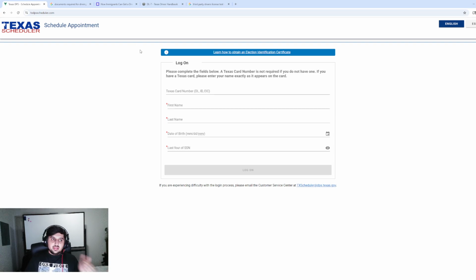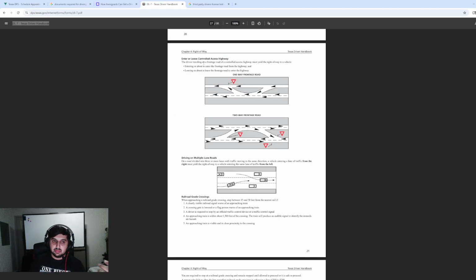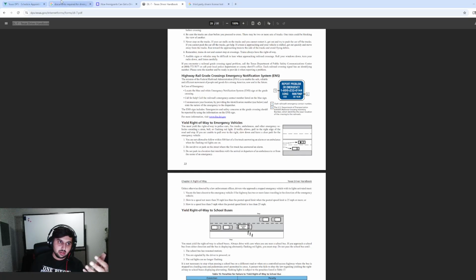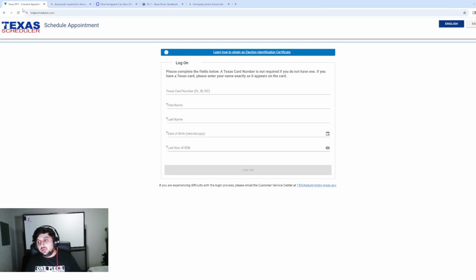Once you know a few things, which is parallel parking, when you park between two cars, and drive on the roads if you're comfortable driving, taking signals, going left, right, yielding on signs, all the basic rules mentioned in the guidebook. Once you're able to perform those maneuvers, I would recommend scheduling another appointment to take a driver's license test. Now, if you schedule with DPS, you might get it much cheaper,